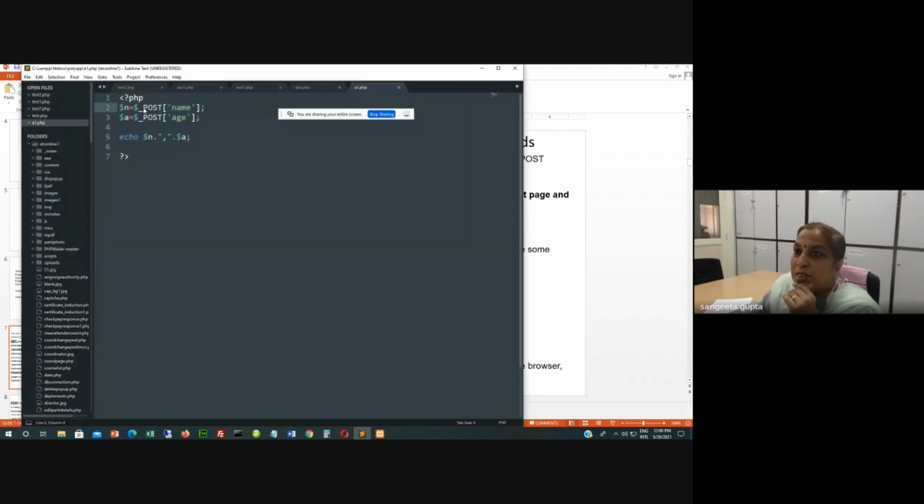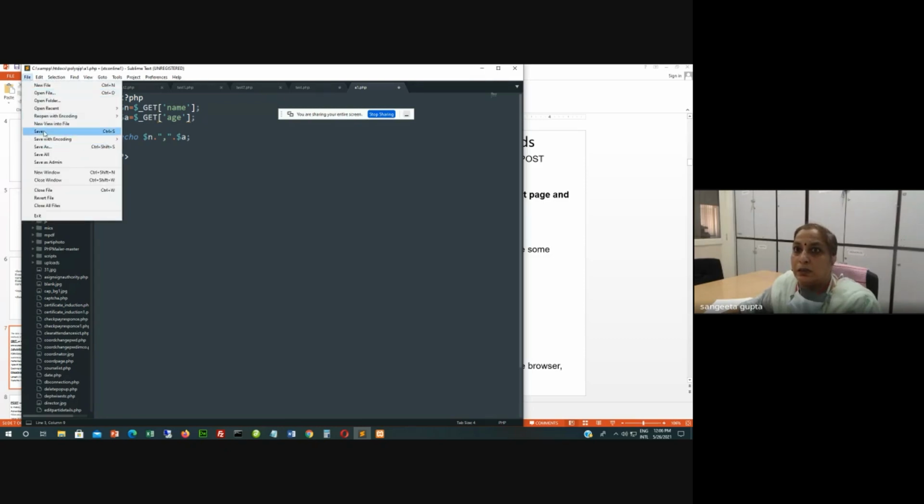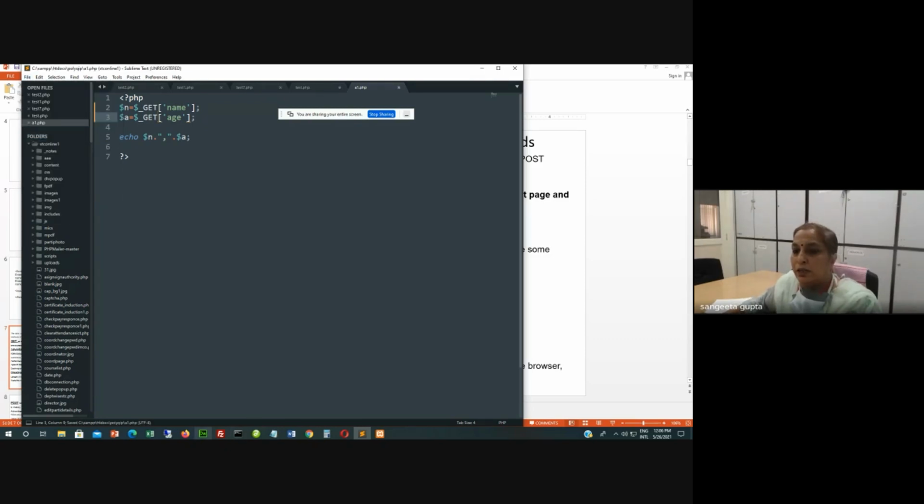Here I have to receive it in the get. Once I am sending it through get, I have to receive it through get. Now when I run this,